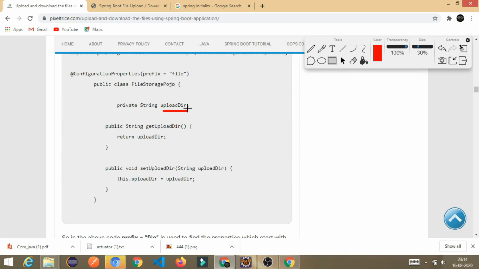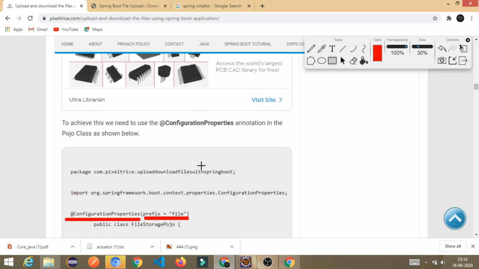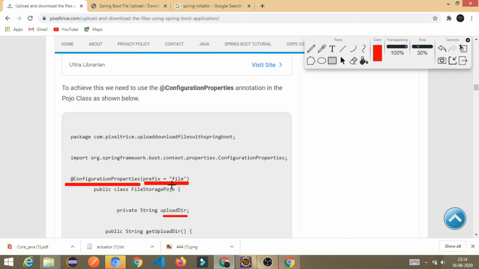To achieve this feature, you have to use one annotation, ConfigurationProperties, and give the prefix file. What does it mean? When you give this prefix file, once the application runs, it will go into the application.properties file and check which properties start with the name file.